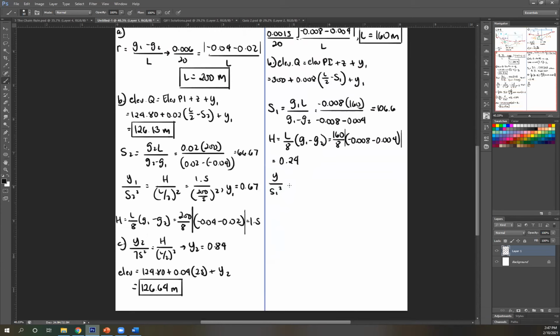S1 squared equals H over L over 2 squared. I can now solve for y1. Okay, so y1 is just equal to 0.24 over L over 2 squared. So that's just 160 over 2 squared times S1, which is 106.67. Then you get,